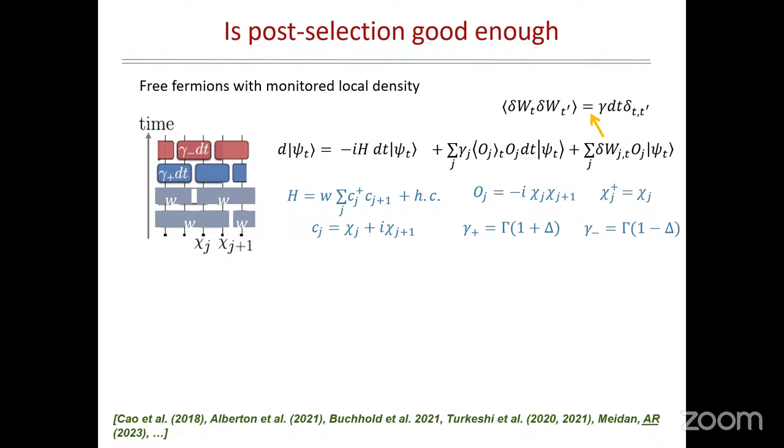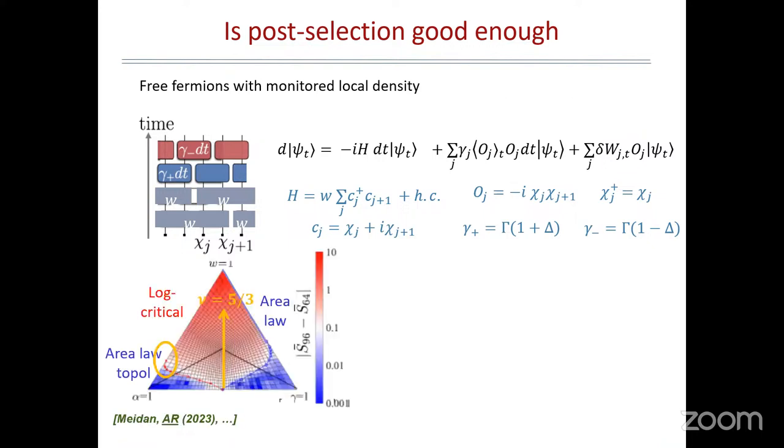So what you have here is a one-dimensional chain with just normal fermion hopping, and then you perform two kinds of measurements, which are parity of pairs of Majorana, nearby pairs. These are the blue and the red boxes there. Now you have three parameters that you can tune: the unitary strength and the strength of these two different measurements, and this phase space is reported in this triangular plot.